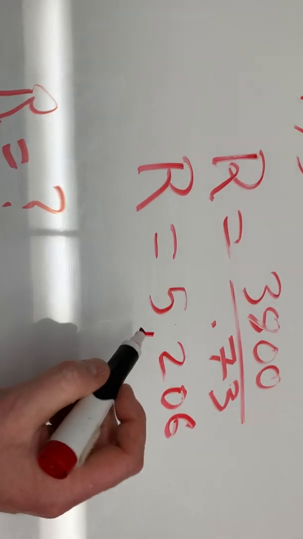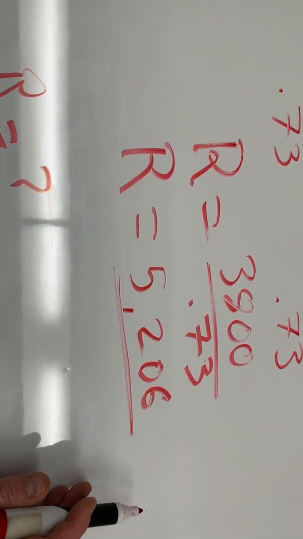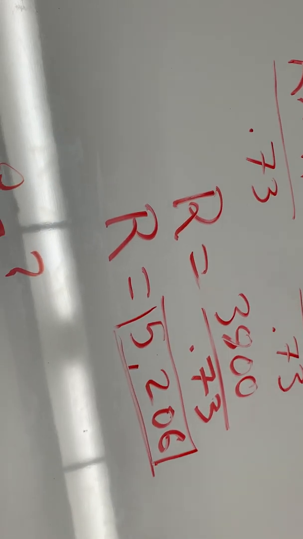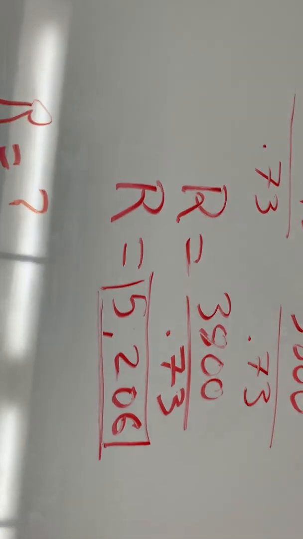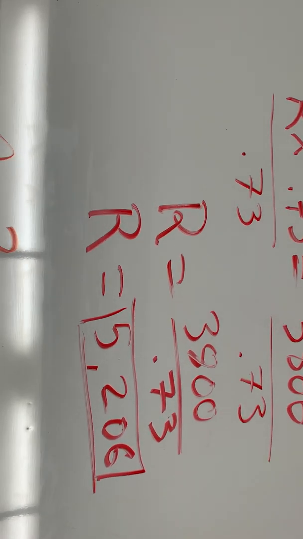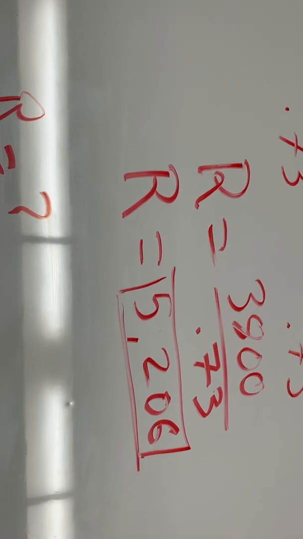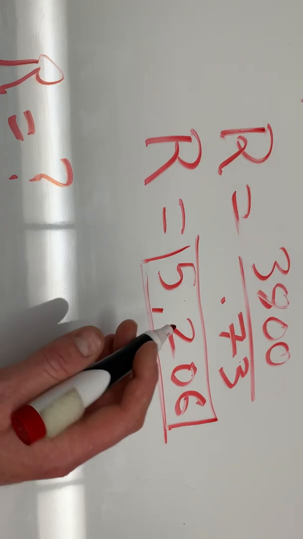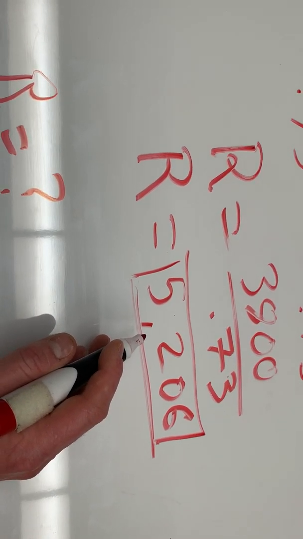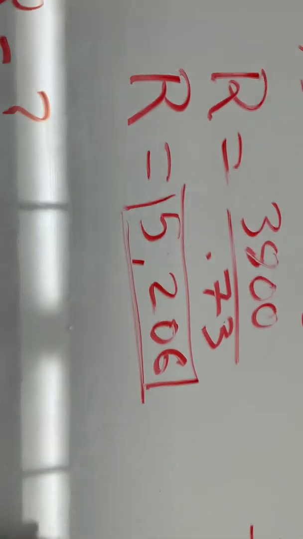Okay? That is the total amount of money that I need to make to support my business so that I don't lose money, so that I can continue to do business. Obviously, we want to turn a profit because we want our businesses to be successful, to possibly expand in the future, and or sell it for a profit and make our retirement settle down, right? So that's why this is important. If I know that I need to make $5,206 a month to survive, that's how much my business needs to make, and I'm selling cheesecakes for $25 a pop, you can take that